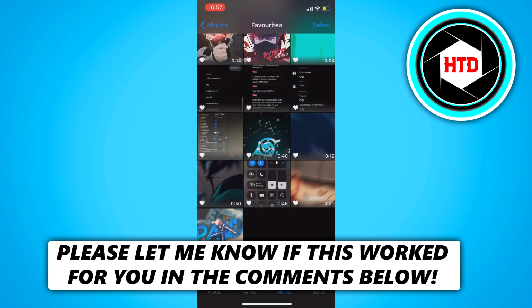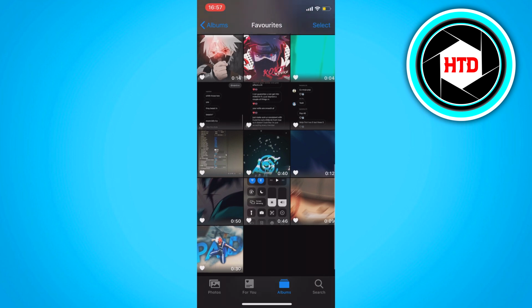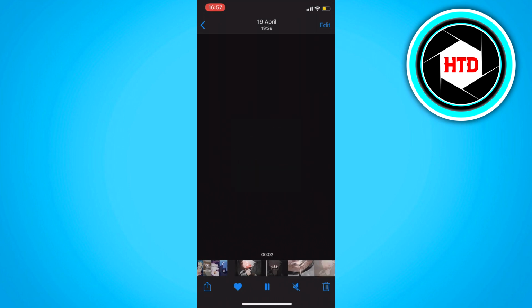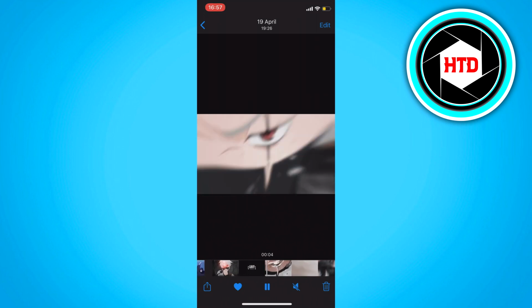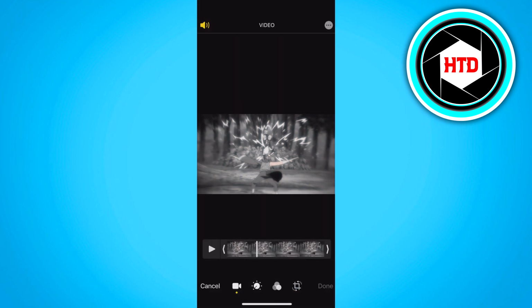Let's get started. So first of all, what you want to do, just open up your gallery and just select a video you want. I'm just going to select this one. This one is a rectangle size, as you can see, but I want it to be a square size, for example. So just click on edit at the top right corner